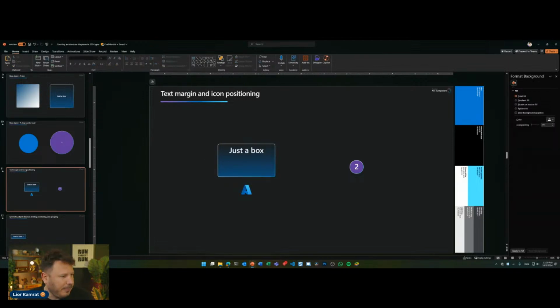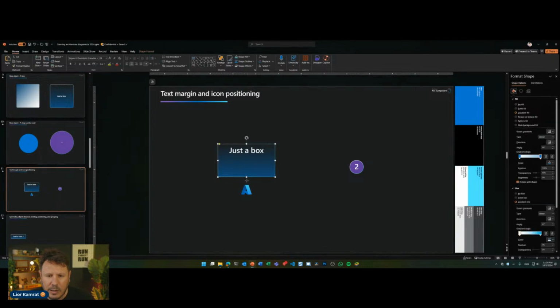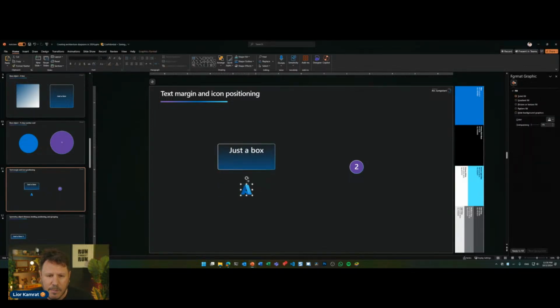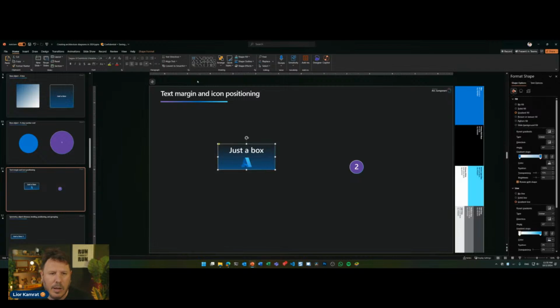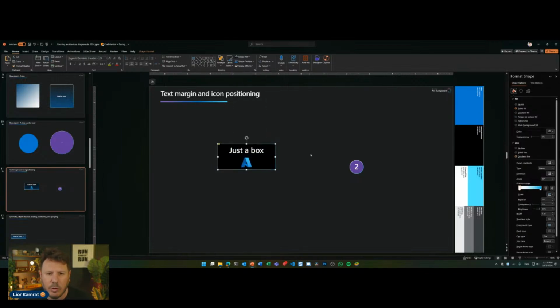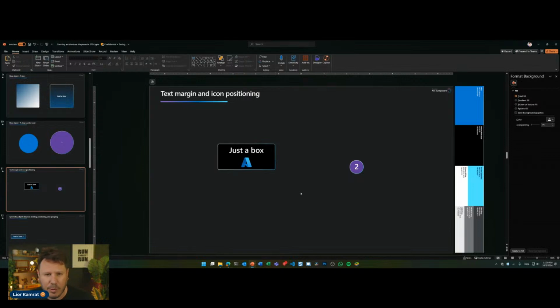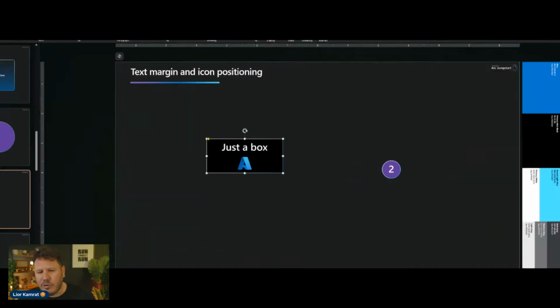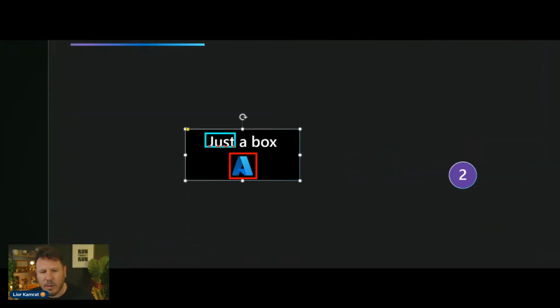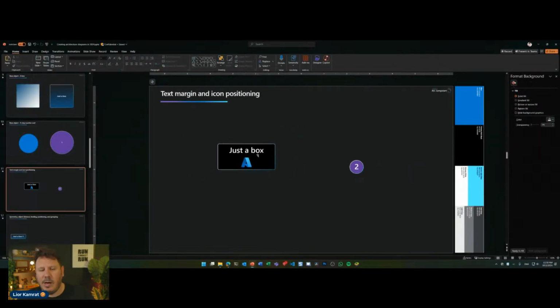Now, if you think about that, all right, let's just look at the notes here. Yeah, if you think about that, it also gives you the opportunity to include more things in the box, right? Let me show you what I mean by that. Just for the sake of this one, we'll turn this one into black. We'll talk a lot about colors later on. I have a full segment on that. But if you look at the relationship between the icons, the icons and the text, the border, all this stuff, this is all very important. And obviously I'm using a huge font right now. This is like what, 24 right now. So that's,